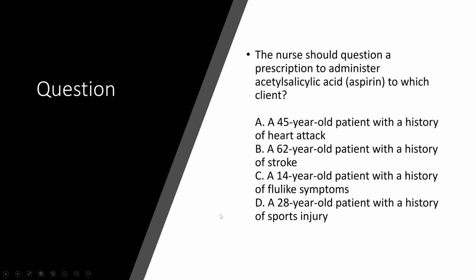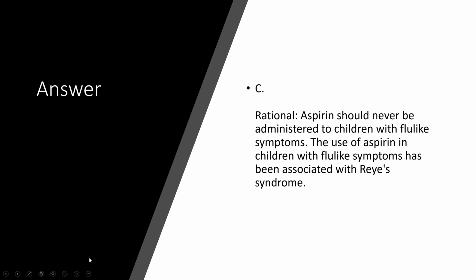Okay. A nurse should question the prescription to administer aspirin to which client? A 45-year-old patient with a history of a heart attack, a 62-year-old patient with a history of a stroke, a 14-year-old patient with a history of flu-like symptoms, or a 28-year-old patient with a history of a sports injury. Yep, so you're not going to give aspirin to kids experiencing any flu-like symptoms because this could be associated with